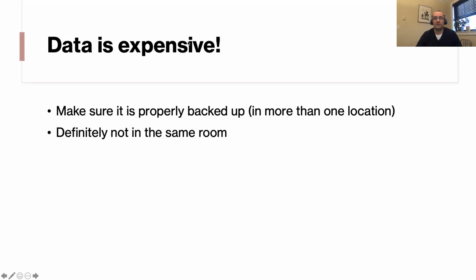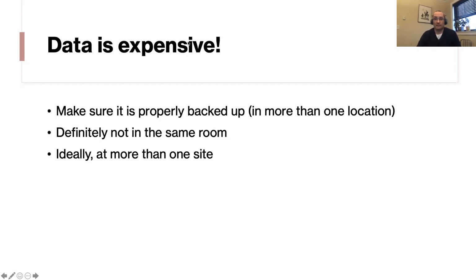We don't want all the backups in the same room, and ideally you want them in more than one site. So one of the offices I worked in, I would get the raw data on a CD that was delivered to me. And once I loaded it on my computer, I put the CD in the desk drawer next to me. My computer was backed up to a RAID box that sat on the desk next to my computer. And every once in a while, we'd put the data on an external hard drive, but it would go on the cabinet behind me. So if any one of these hard drives failed, we had lots of backups.